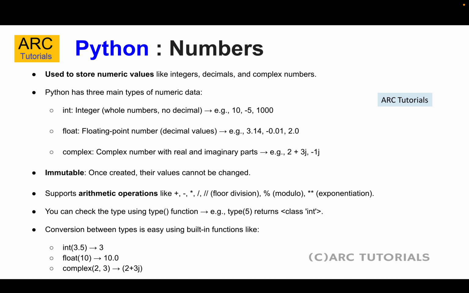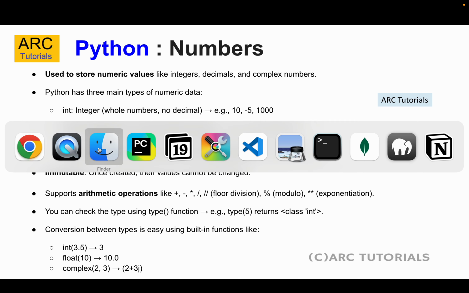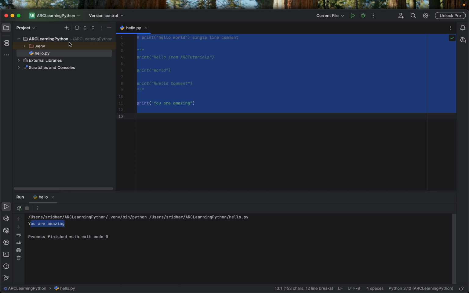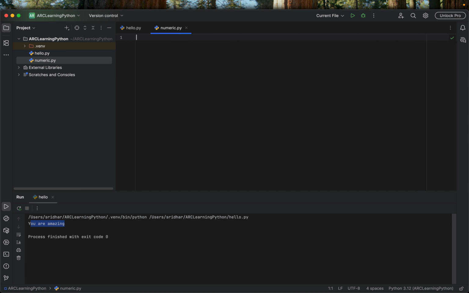Before we start coding, I hope you are following the previous episodes, because we have done the setup of PyCharm editor. Alright, let's get started with the numbers. I'm going to create a new file for you and I'm going to call it numeric.py. Alright, so what we'll do is we'll create a simple variable, let's say num underscore int